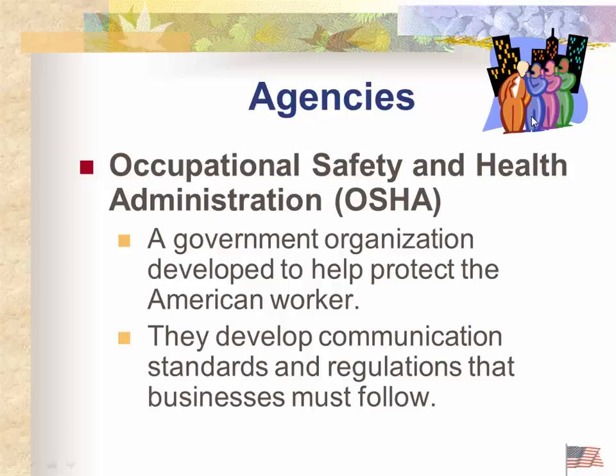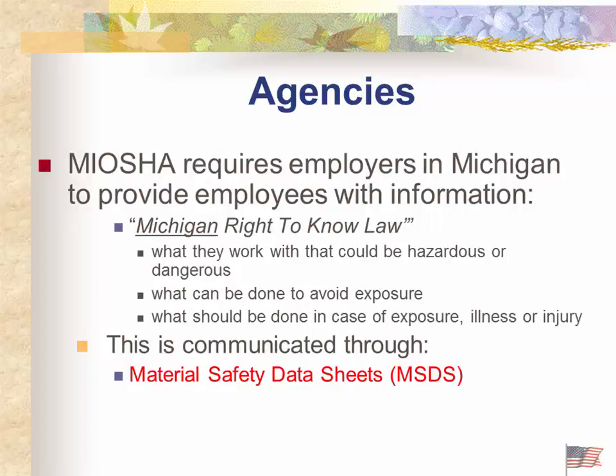All right, so first of all, the Occupational Safety and Health Administration organizations are there to protect the American worker. They develop communication standards and regulations that businesses have to follow. In Michigan, we have one that is known as MIOSHA. And the Michigan Right to Know law is that you should know any hazardous or dangerous chemicals or solutions that you might be exposed to, and what should be done if that exposure occurs. And these are what are known as material safety data sheets,